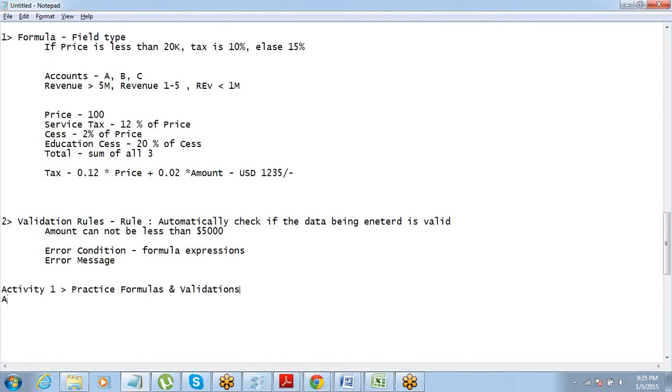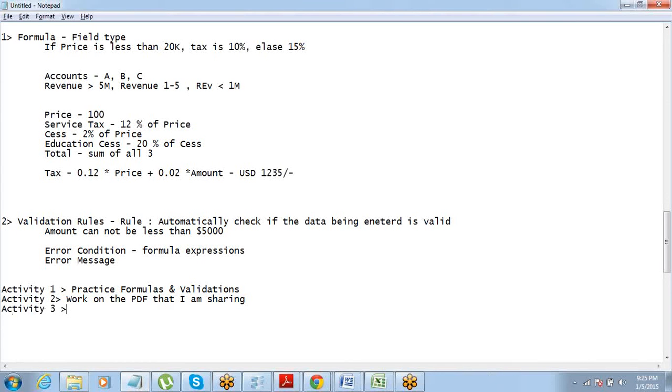Activity 2 for you today will be to work on the PDF that I'm sharing. And activity 3 is going to be to work on the PDF, so just spend some time with the PDF.